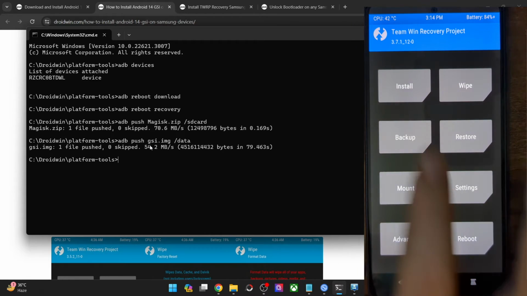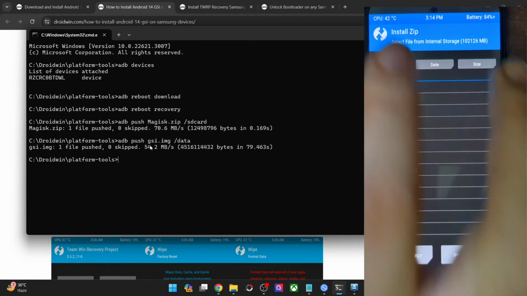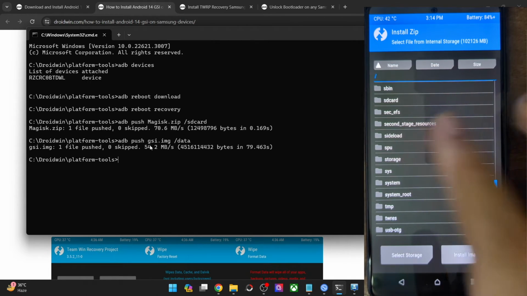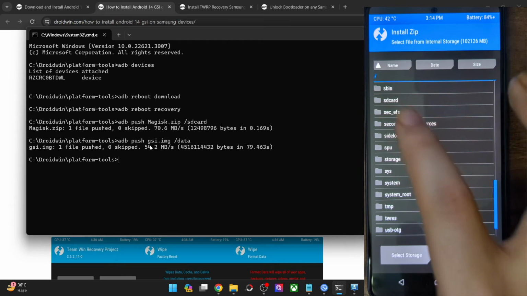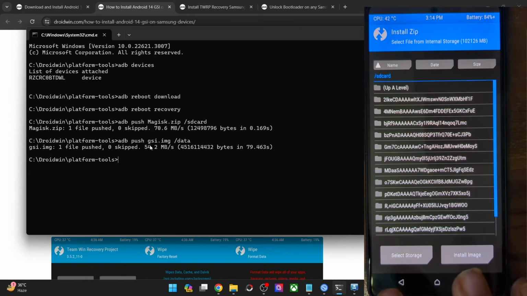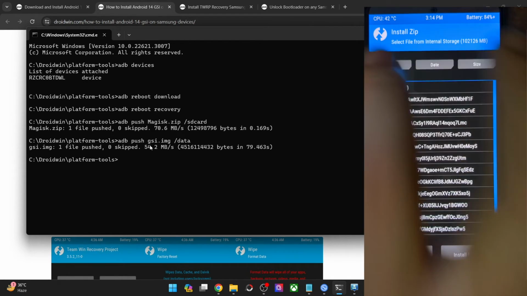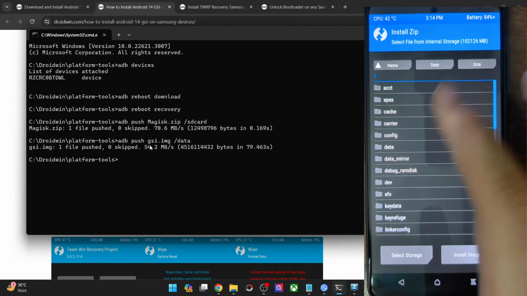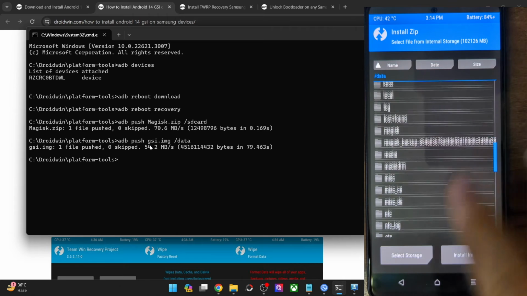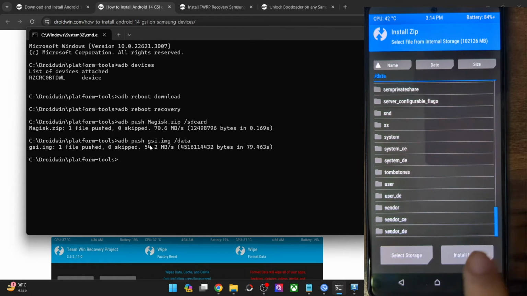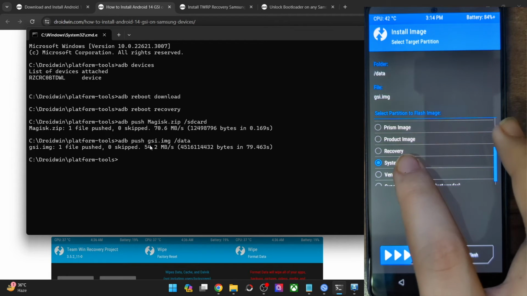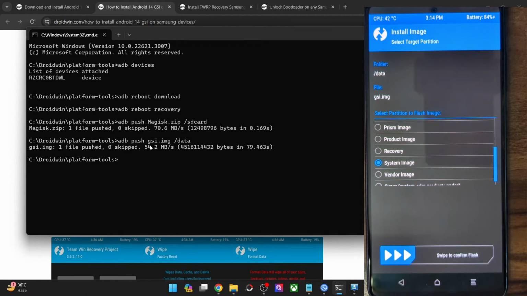So just to repeat, even if you are flashing the file from the internal storage or the SD card, by default, every one of you might be flashing the file from the SD card. So for those users, the steps are just the same as I am showing you right now. It's just that I am using a different partition, but the steps will be exactly the same. So from the install section, tap on install image, then choose the GSI IMG file, and now you have to choose the system image partition.